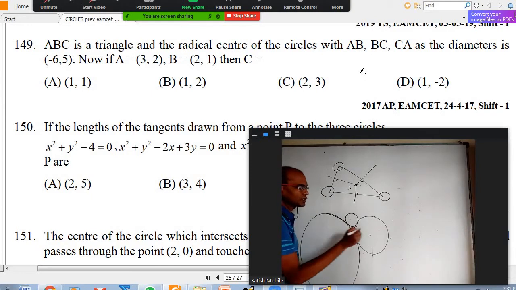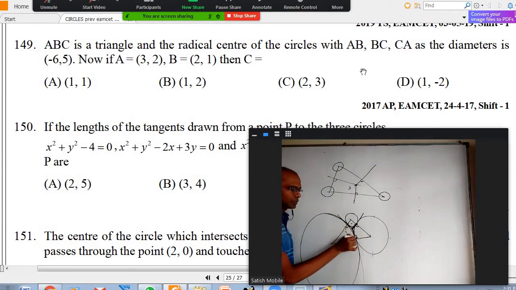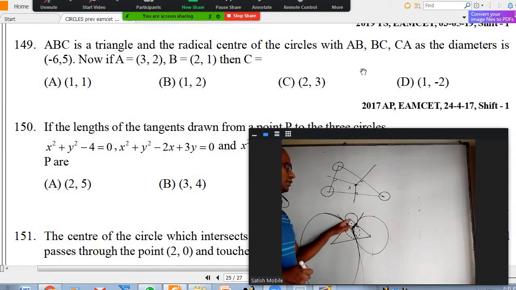Then, whenever two circles are touching externally, the common tangent at the point of contact is the radical axis. Here, this is a radical axis, this is a radical axis. We take this center and this center and this center and join. This is 90, this is 90, this is 90. And all these three lengths are equal because these are all lengths of tangents. That means there is a point inside the triangle from which the perpendicular distances to all three sides are equal. That means you can take that as a radius and draw a small circle that will touch all these three sides. So this point, which is the radical center, became the incenter of the triangle with centers as vertices. So here circumcenter and here incenter. It can be excenter also.